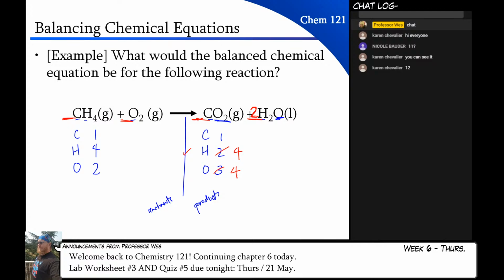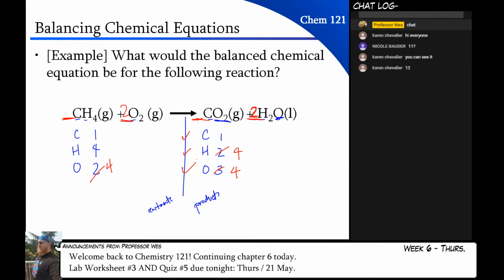Now I need to balance out oxygen. This carbon is still good. We'll put his check mark back. I have 2 on the left and 4 on the right, and they come in pairs on the left, so the next move must be to do this. And once everything gets a check mark, once everything is balanced, the reaction is complete, and this is what you